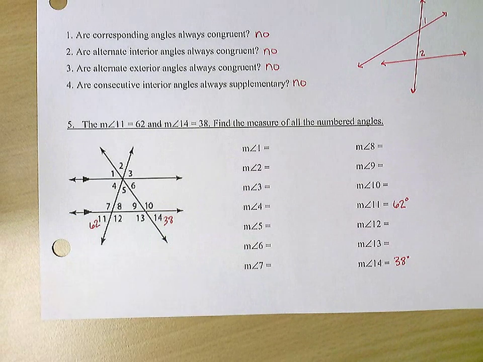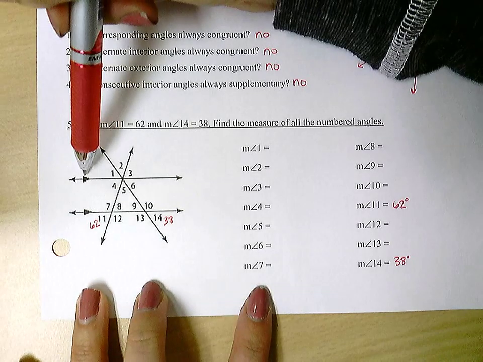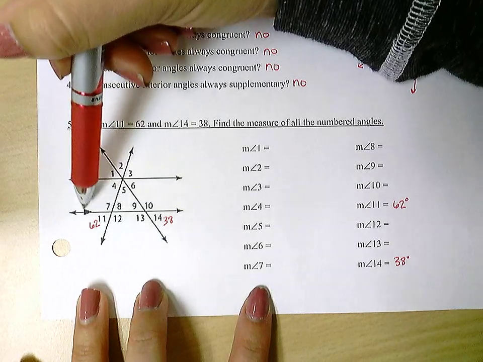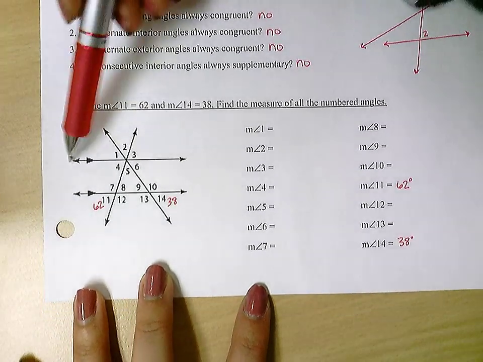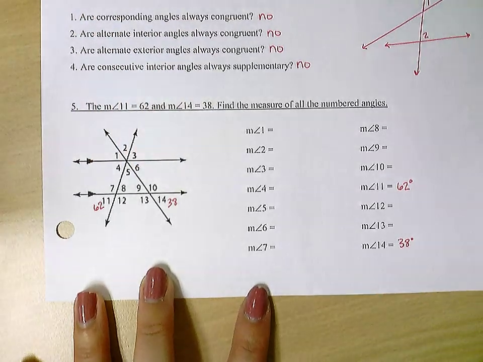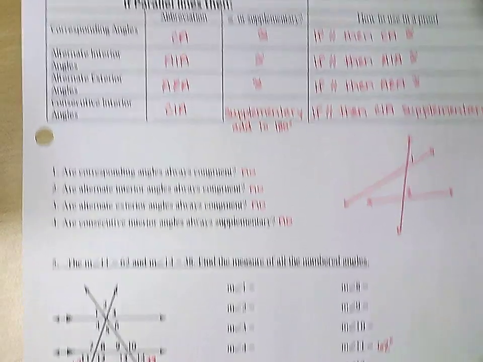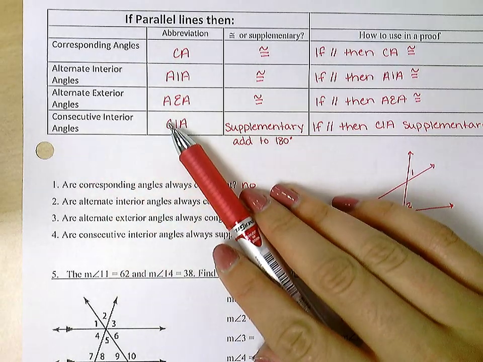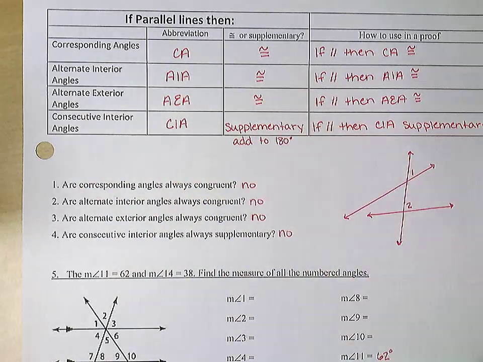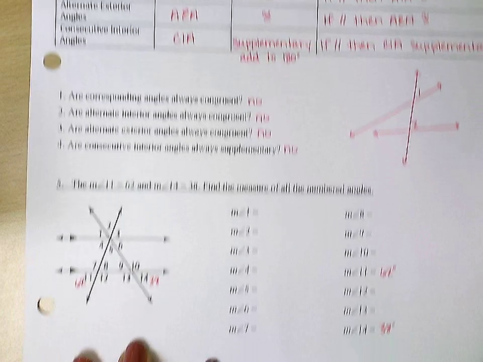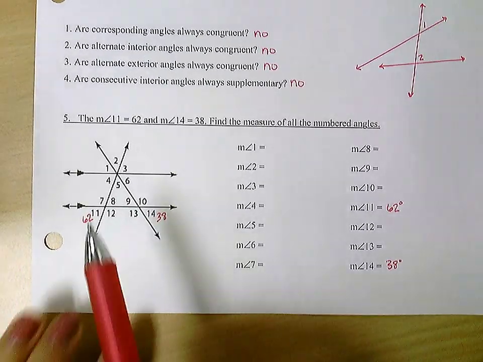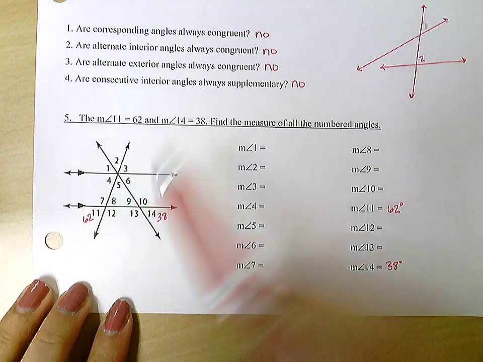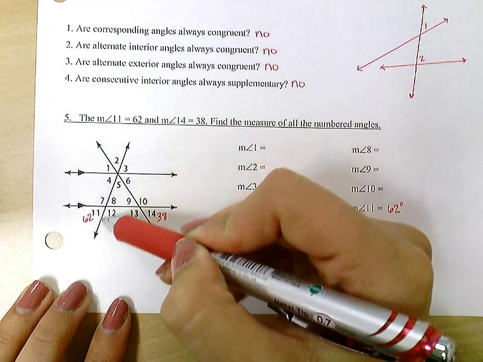Now, I do have parallel lines in this picture. These arrows within your line indicate that those lines are parallel to each other. So these two lines are parallel, and I can be on the lookout for these types of angles that are formed. I can look for different congruent angles and different supplementary angles. I'm going to do a couple with you here. If my two lines right here are parallel, and I look at this one as my transversal,